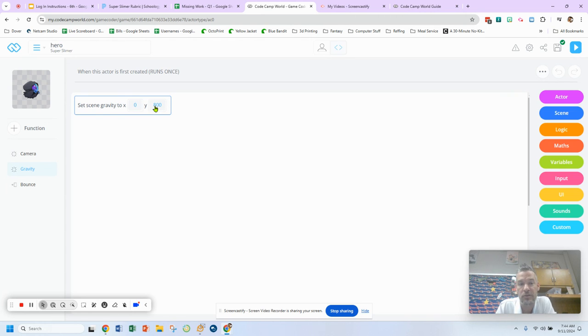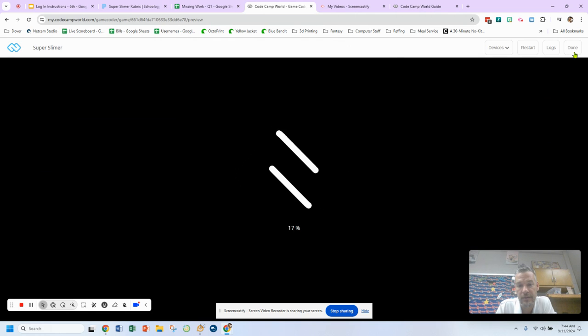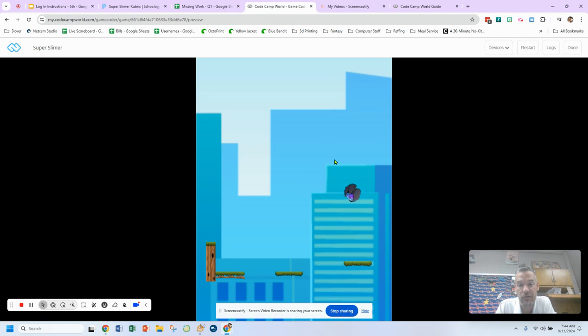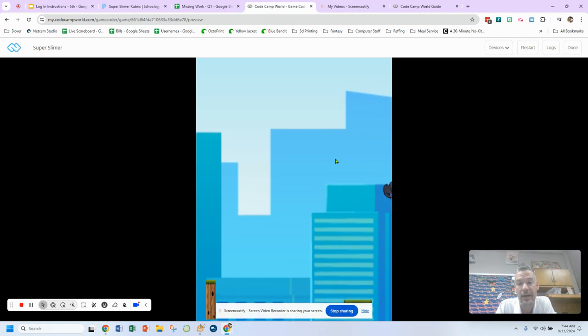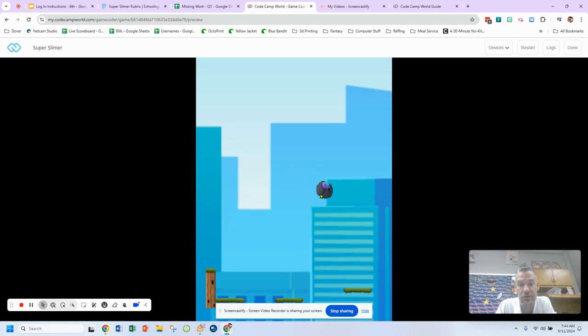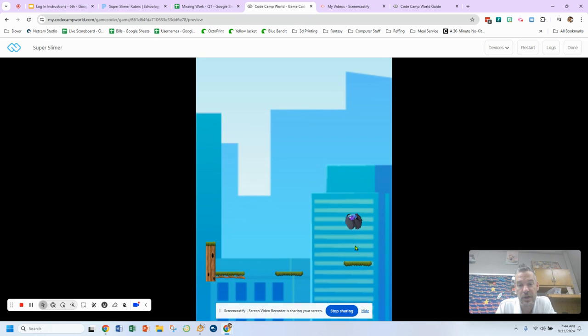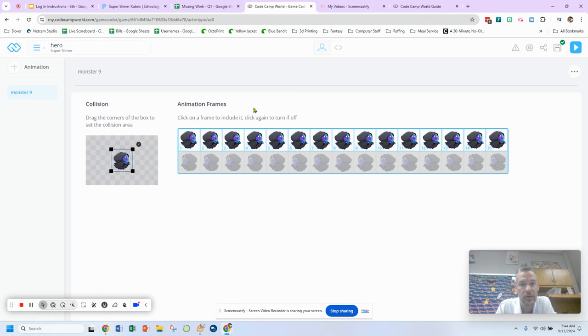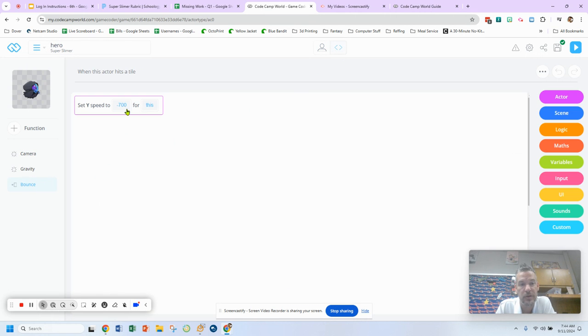When I put it at 800, you'll see here that the character will drop and then it will bounce because I have some bounce code in there. For me, this bounce code is too high. When he bounces, it's going up 700 pixels, which I think is too high for my game. So if I go into my hero code and go to bounce here, there's the 700. Again, I know that's what the guide says, but if we change this to, let's say, -300, for instance,